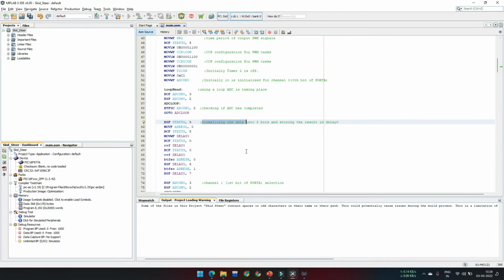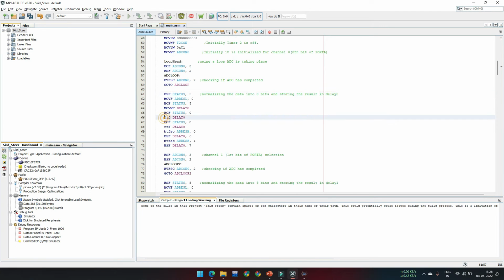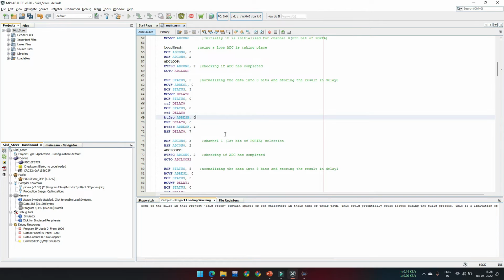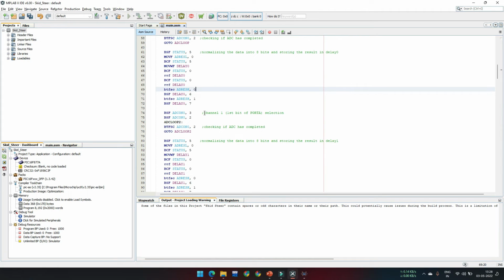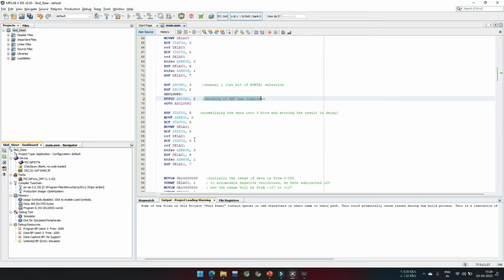So in this code we are normalizing the data into 8 bits, as the incoming data is stored as 10 bits. So we are taking 2 right shifts to make the data 8 bit, and after that we are switching from channel 0 to channel 1 for ADC conversion on channel 1, and similarly checking if the ADC conversion is completed. Then we again normalize our data from 10 bits to 8 bits using 2 right shifts,